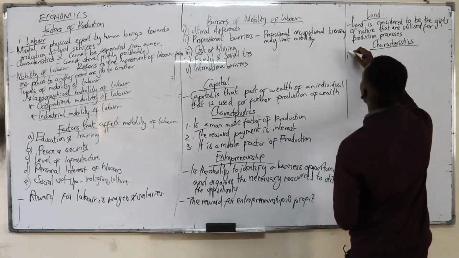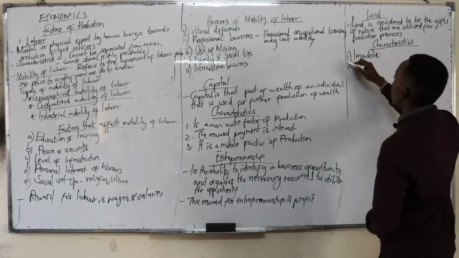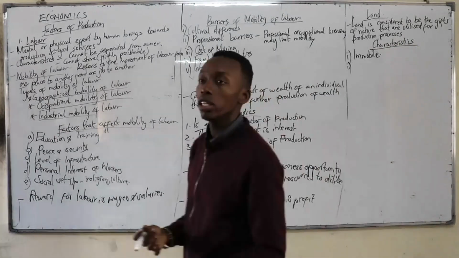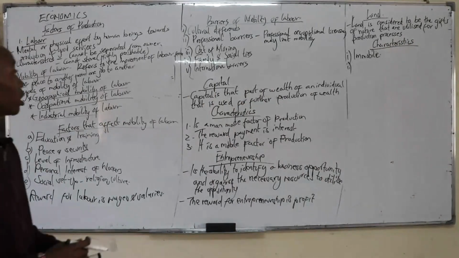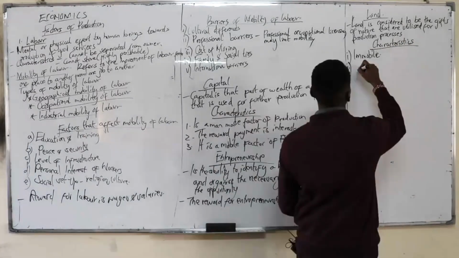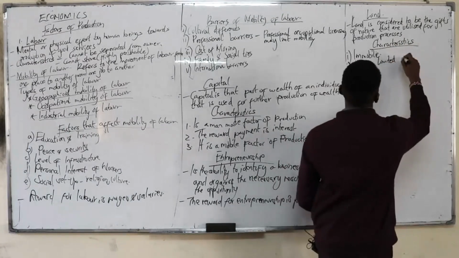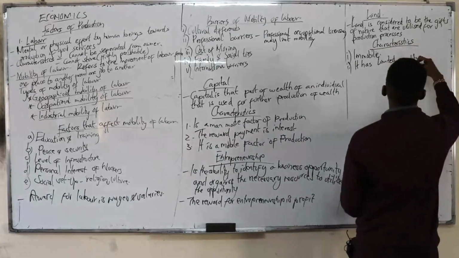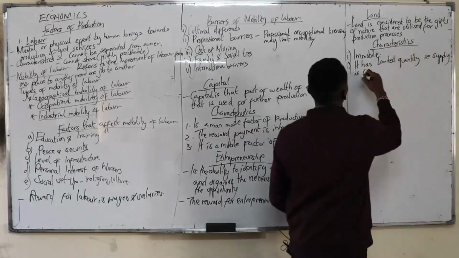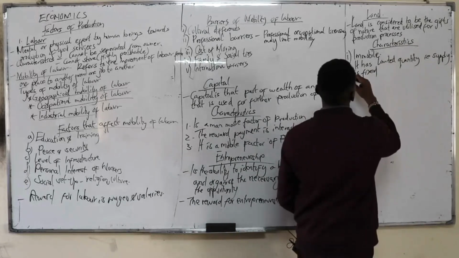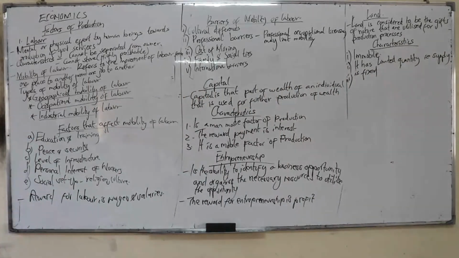One, we have seen that it is immobile in nature. And its quantity is actually limited. You cannot have all the land. So the supply is fixed, in other words. It has a limited quantity, so the supply is actually fixed. And whenever you're talking about land, we usually mention that